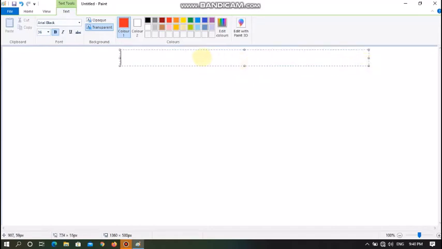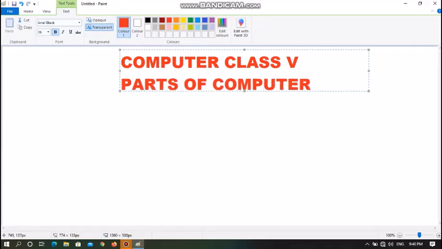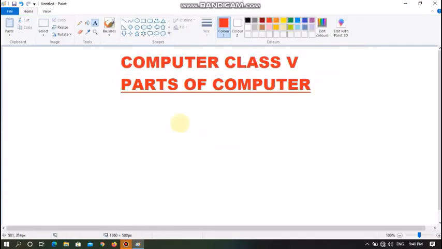class. So first of all, just think I want to take a computer class for my students who are in class 5. So I can write down computer class 5 and my chapter name is parts of computer. So I've already given instruction to students that I want to continue with this chapter. Let's underline it with the help of this tool. So at last I have written something at the top, just similar to the blackboard or whiteboard.